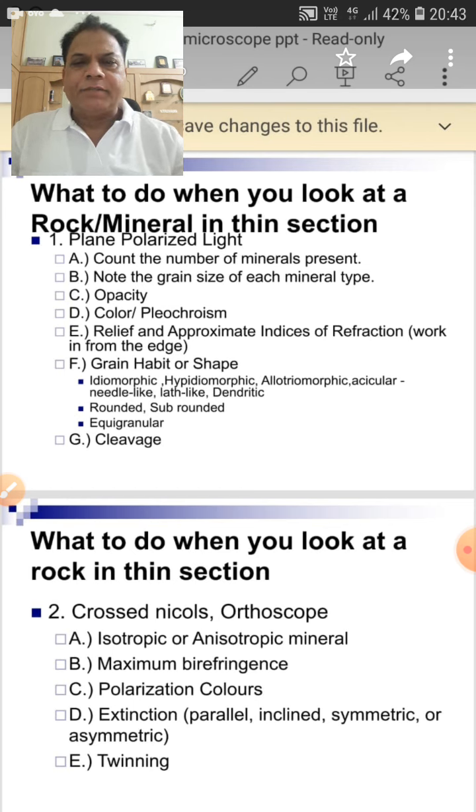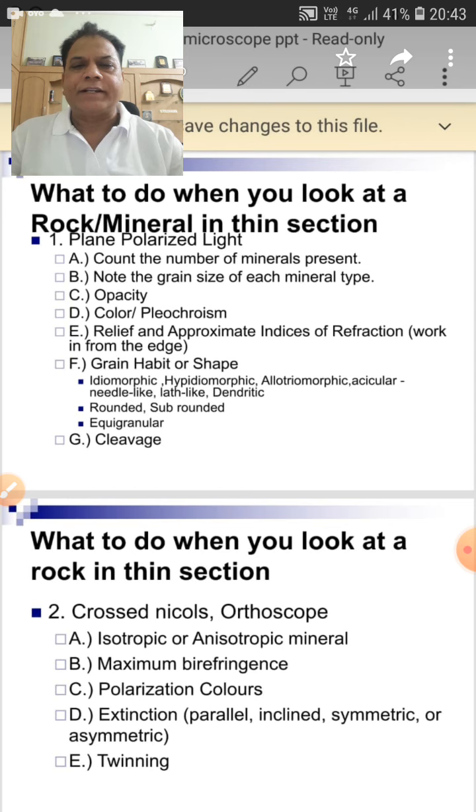Now, the important practical that you have is the identification of rocks in thin section under the microscope. That is a very important practical, not only at the graduation and post graduation level, but even in any professional departments. There you should have very sound knowledge for the identification of rocks under the microscope. For that we have to understand the optical properties of the minerals.